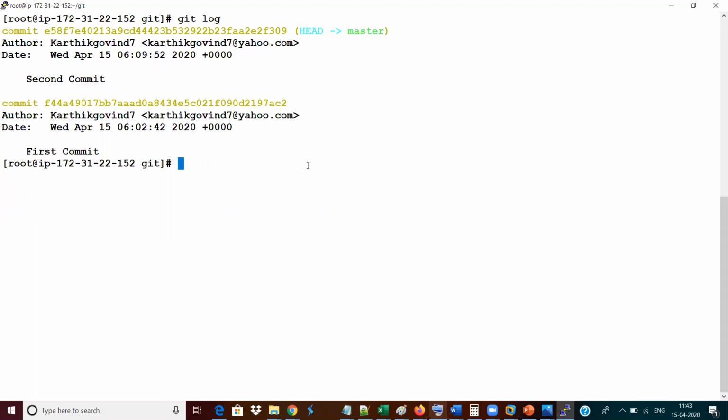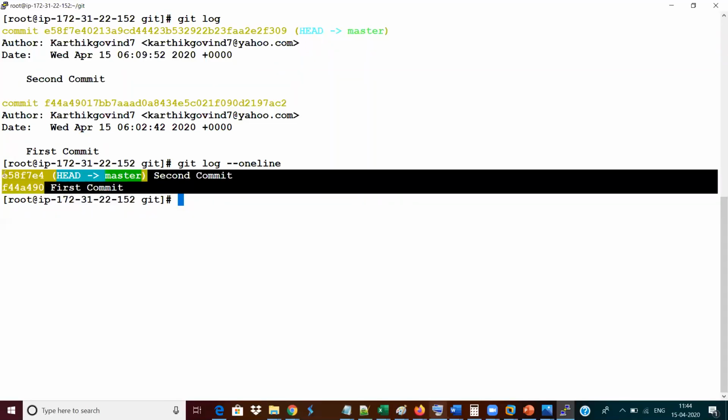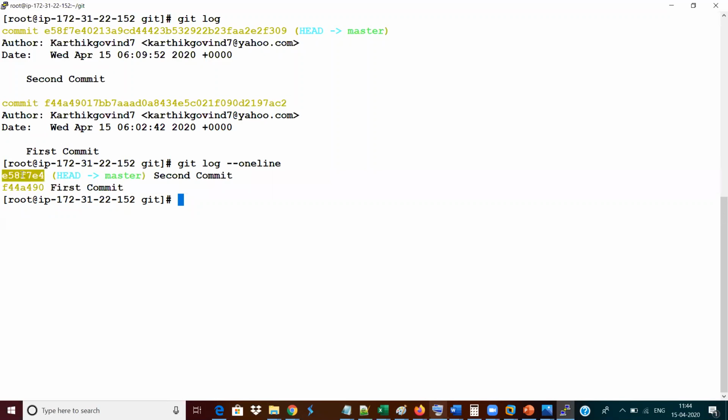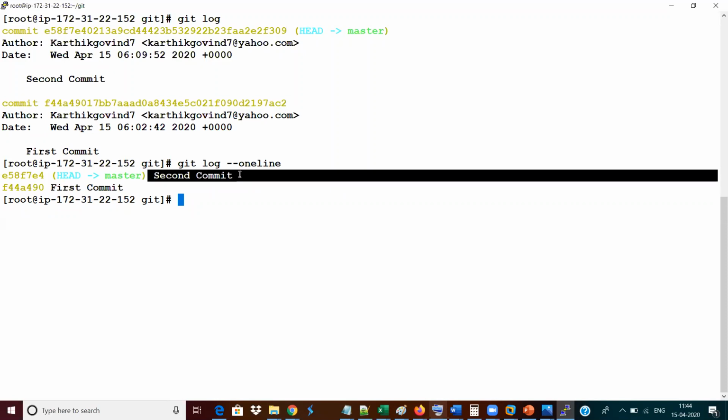If we have 50-100 commits, then this git log command will be too lengthy, right? How to see that in a shortened way? You can use the command git log --oneline. The oneline option shows the commit entries in a single line in a crisp manner, with a short form of the commit ID and the message of the commit. Everything is captured and given in short. So yes, you can see it in a shorter way.